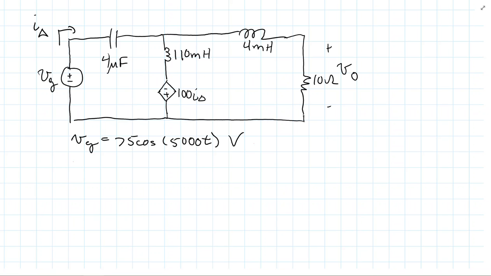Alright, so we're going to look at this example here. We're asked to find V out here, and we're given Vg is 75 cosine of 5000 t, and then of course we've got a 4 microfarad capacitor, 110 millihenry inductor, and another 4 millihenry inductor, and then a dependent power